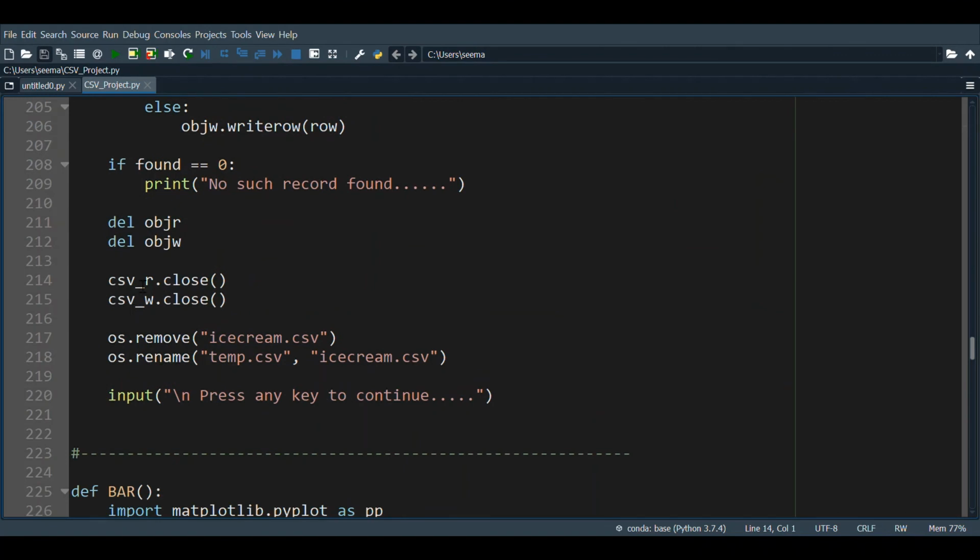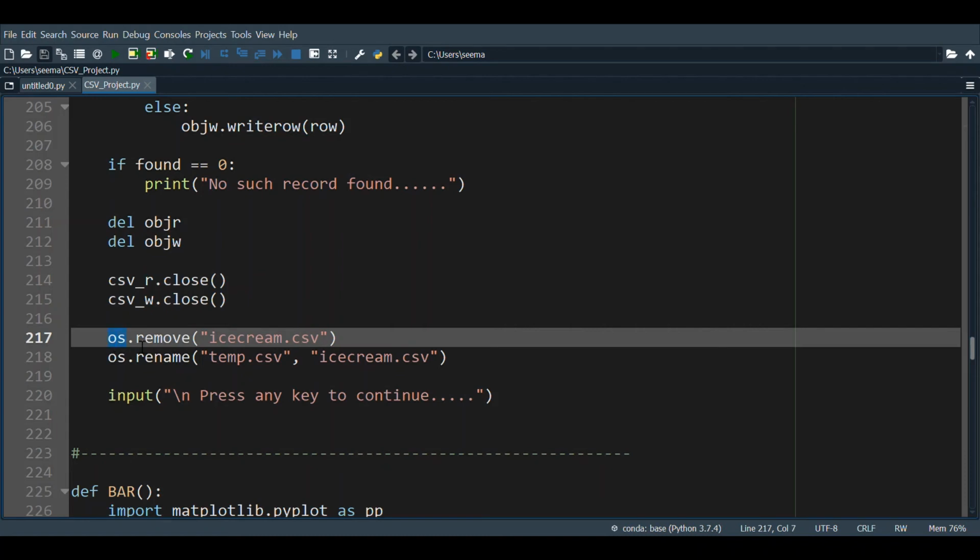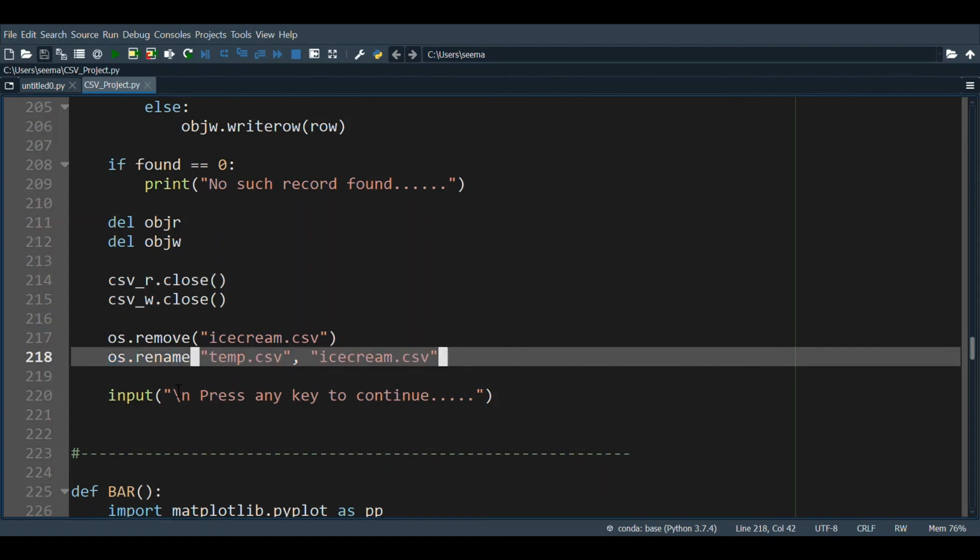So once my files are closed, with this command os.remove, I am deleting the original file icecream.csv, and after that I am renaming my temporary file to icecream.csv. So temp.csv is the old name and icecream.csv is the new name. So os.rename old name comma new name. Whatever is the old name of the file, it will be given a new name. After that, my job is over, my records are done.